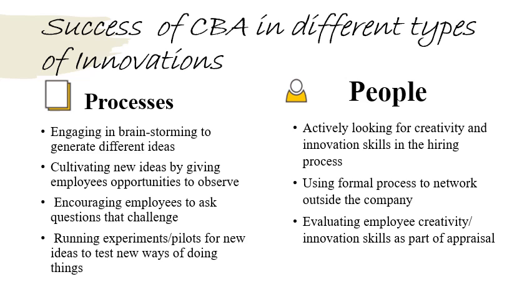Now we'll be talking about the success of Commonwealth Bank in different types of innovation. The two types that we'll be talking about here are process and people. Under the process, they have been trying to engage in brainstorming and generate different ideas for the company, cultivating new ideas by giving employees new opportunities, such as hiring people with different diversities, or encouraging employees to question the challenge or try out new challenges and new positions within the company,